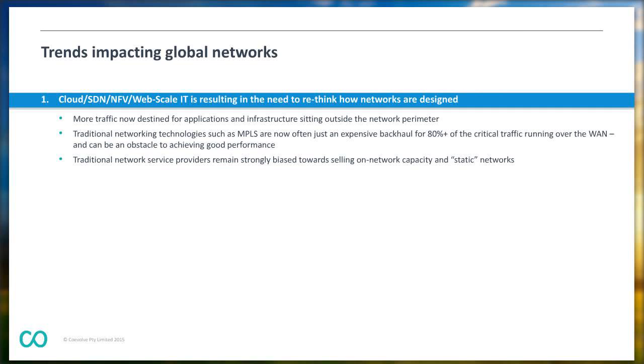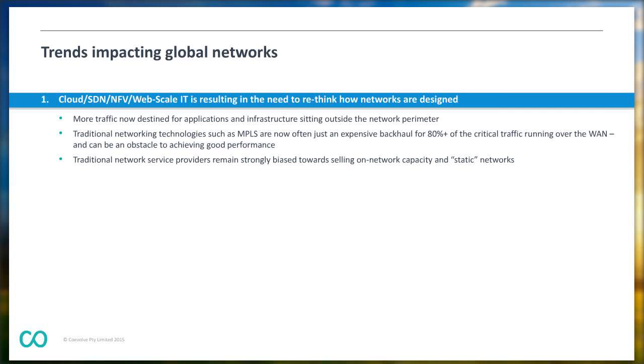And in some organizations, they put this down to cloud, and some organizations, they put it down to the need for software-defined networks and better orchestration and coordination. In other businesses, it's really the vast scale that has been introduced into their IT departments by the use of DevOps technologies and mentalities, and wanting to apply some of that agility and flexibility to their networking group within their business. But what we're seeing happening, regardless of what the specific driver is, is that the type of networks that need to be designed these days are very different than what we were seeing even 4 or 5 years ago. And this is manifesting itself in a number of different ways.